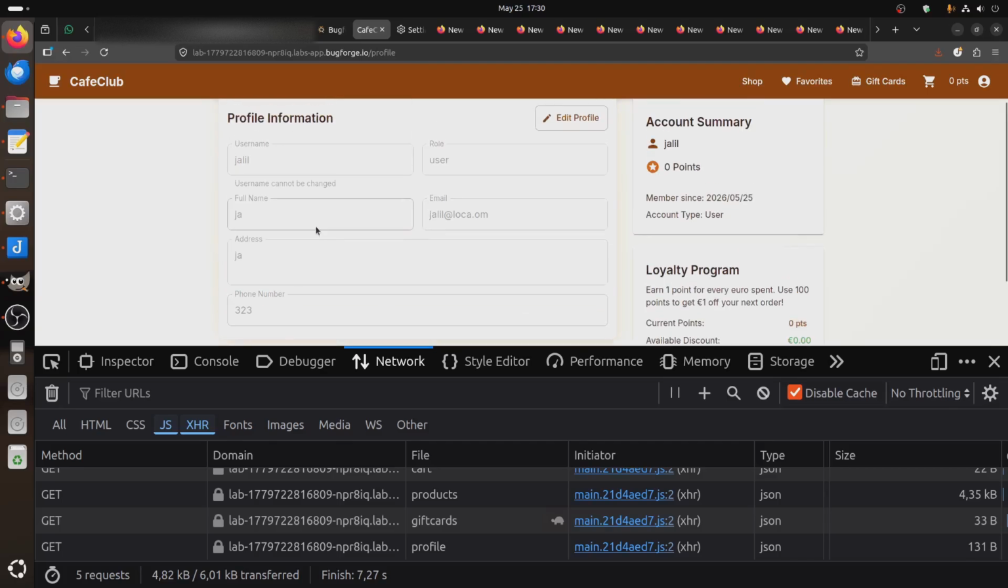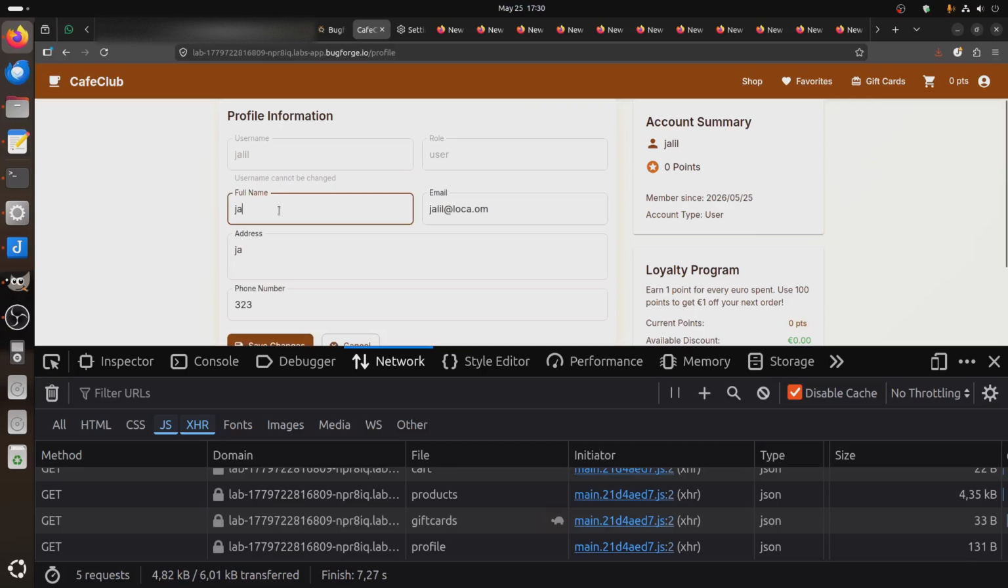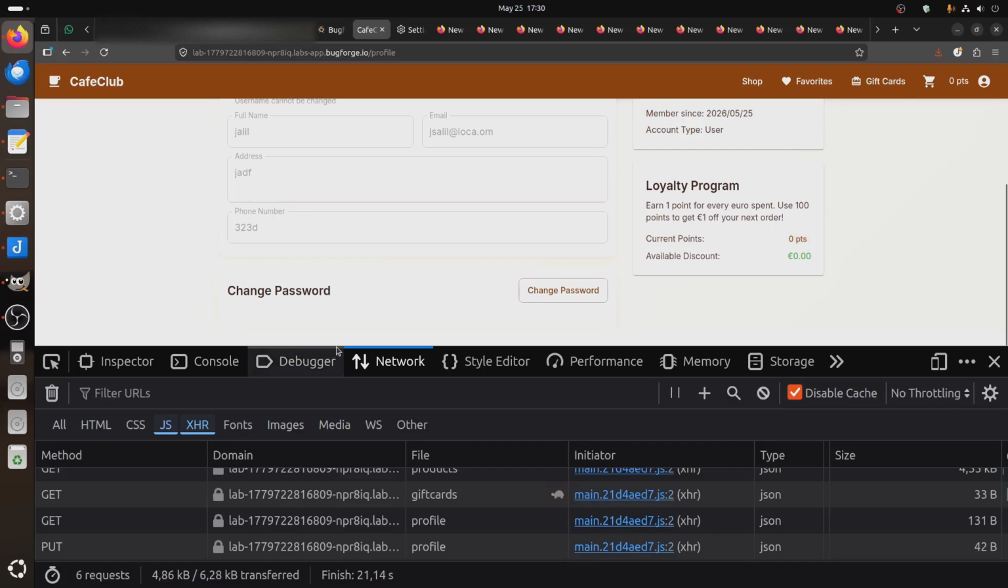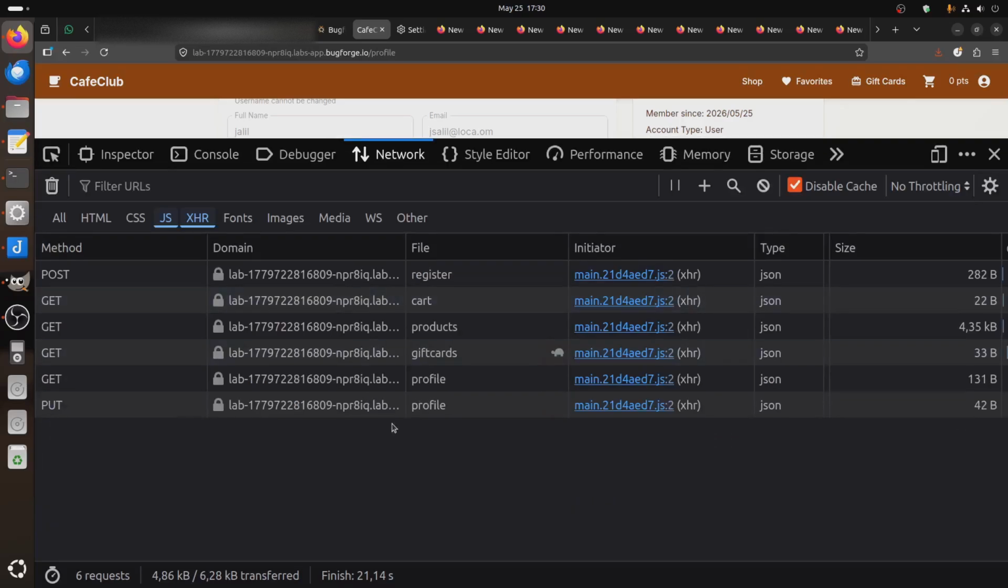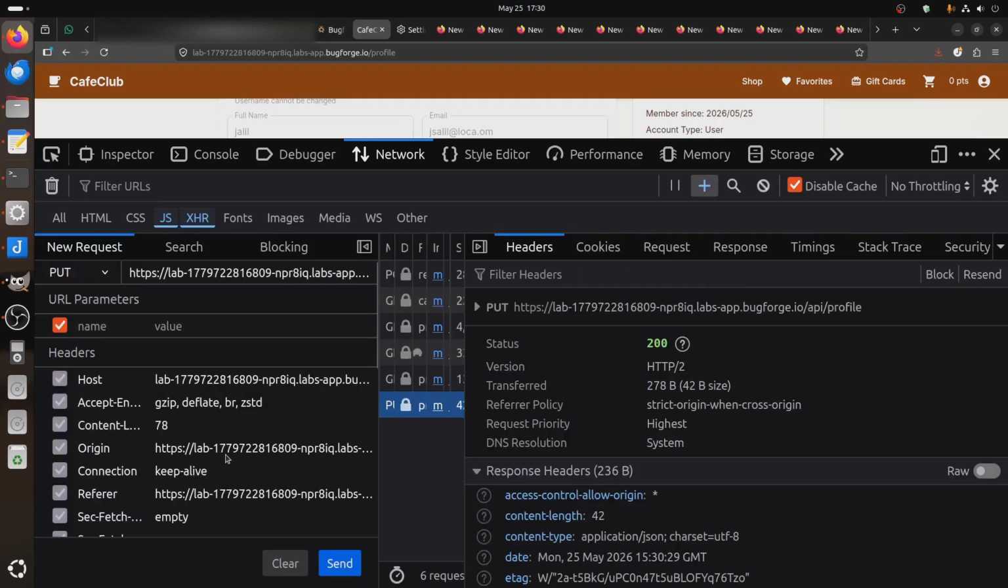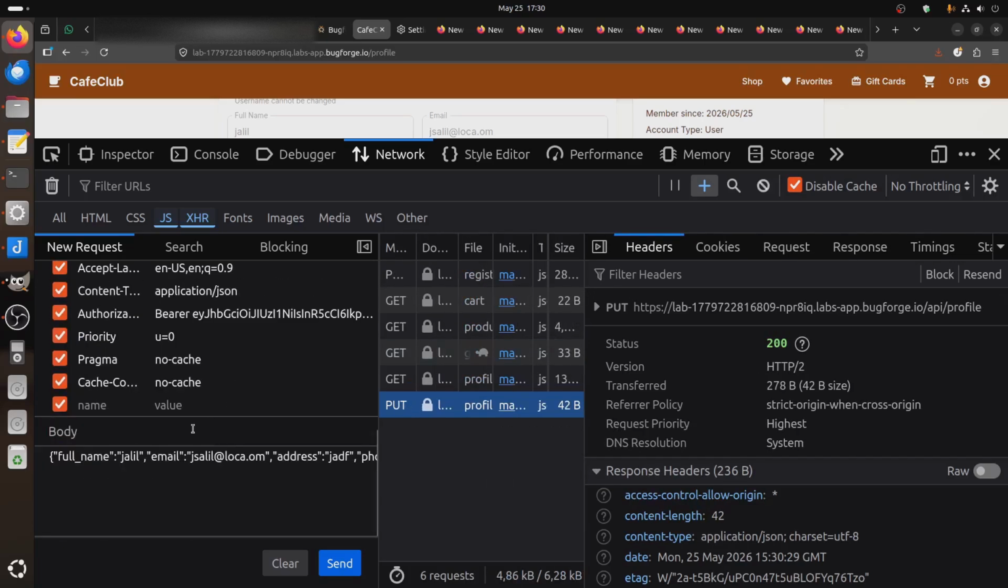Let's first of all see if we edit the profile. Let's say change, for example, the image, change whatever. And if you save, let's see what exactly we have in here. So it does a PUT request, edit and resend. So the question now, what exactly can we add, because we can try mass assignment, because if you go to